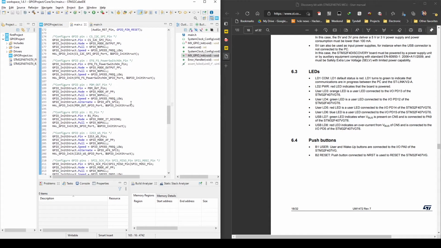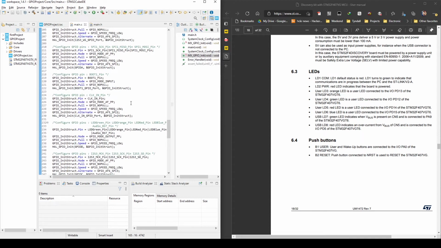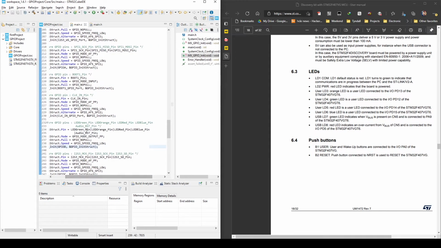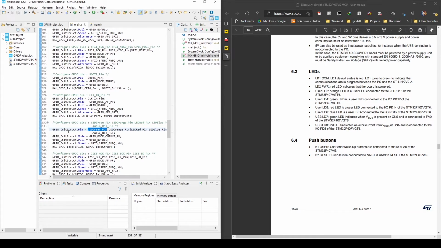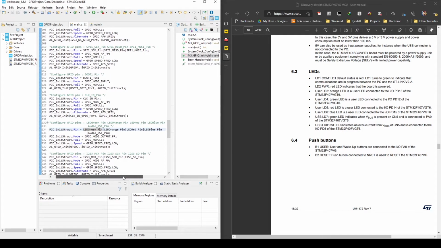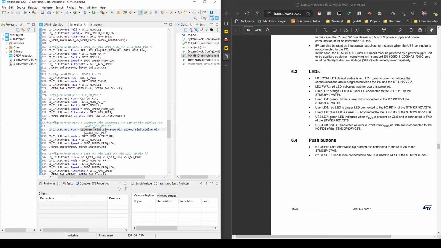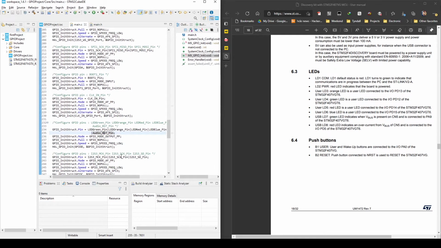Then we go for our LED configuration part. Okay, so here you can see that we basically have two structures for GPIOs, and then you just assign the pins that you want to set up. And here, for example, it assigned the LED green, LED orange, LED red, and LED blue, and also audio. And then audio, because probably audio is on the same port as the LEDs, so that's why we have it in the same